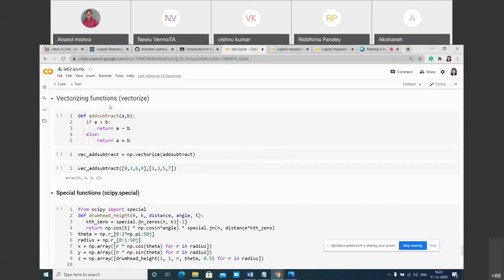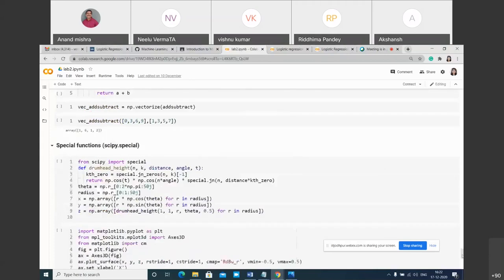For example, this is the add and subtract function. For example, this is the value of a minus b or a plus b that you are doing with vectors. So let's say this is your first vector and this is your second vector, and you want to add or subtract, so it will give the result in the form of this. If you are subtracting, this minus this will give 3 minus 3, plus 3 minus, all these things. So add and subtract means sequentially it will add some values or subtract some values.